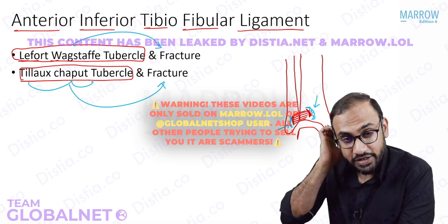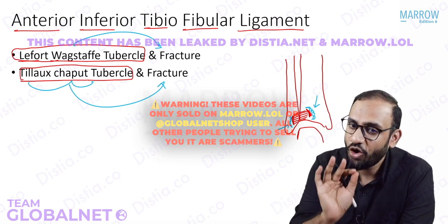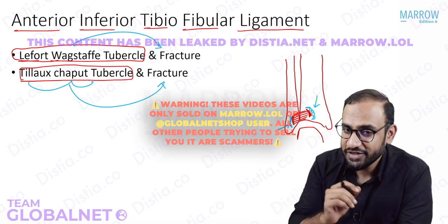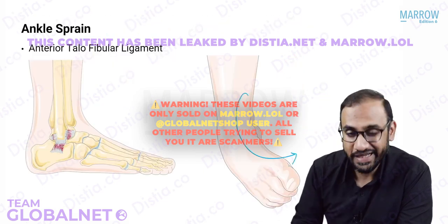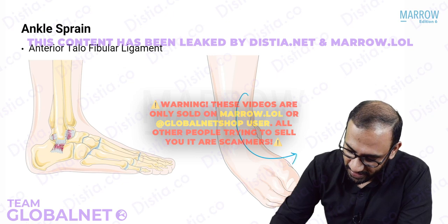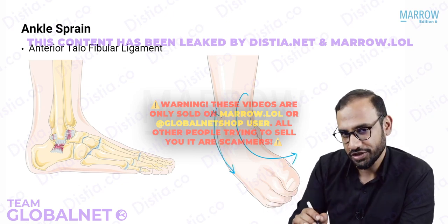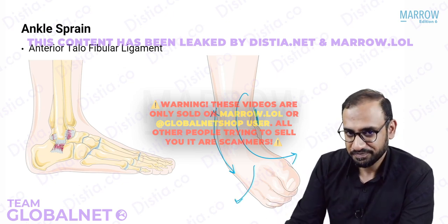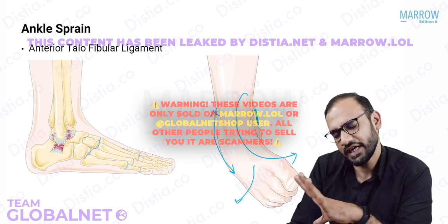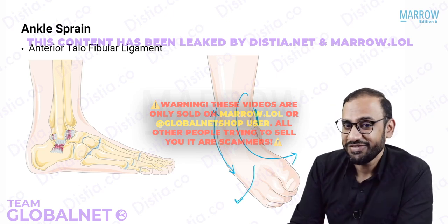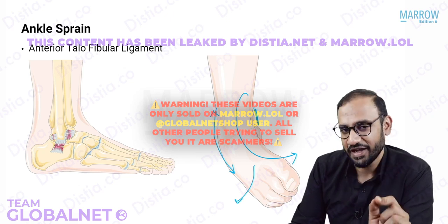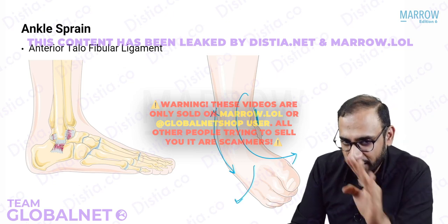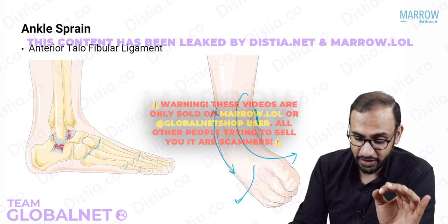Take care. Now, while you are on the subject of ankle injuries, I'm sure all of you have injured your ankle at least once. How? By spraining your ankle. When we sprain our ankle, it goes into inversion, and the lateral ligaments are the ones that are stretched. Very rarely, it can go into eversion also, and then the medial ligaments, the deltoid ligaments, will get stretched, but that rarely happens. All of us have at least once in our life injured our ankle by spraining it, and we injure our lateral ligaments, particularly the most commonly injured ligament,